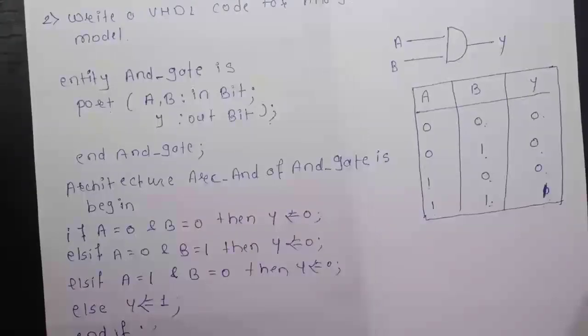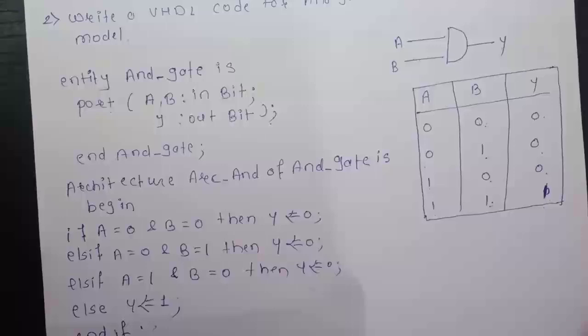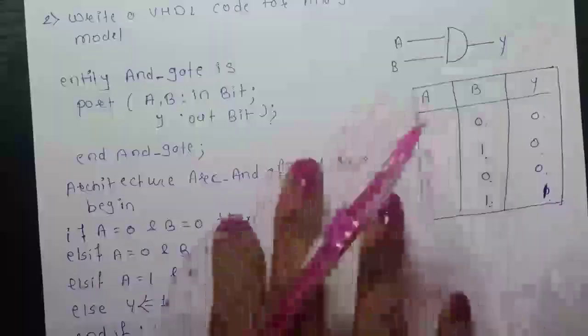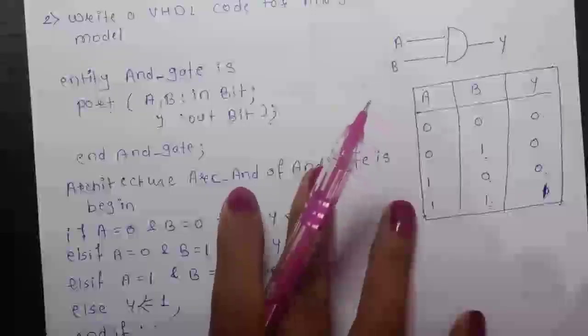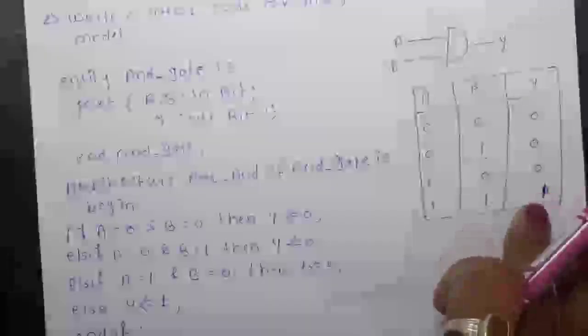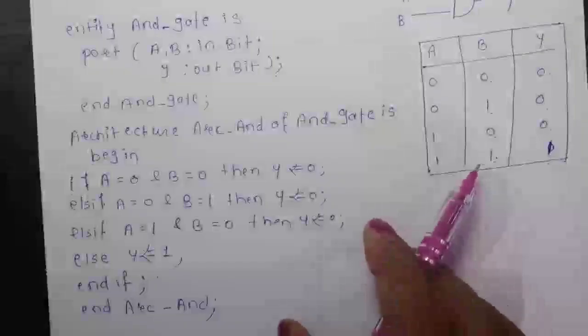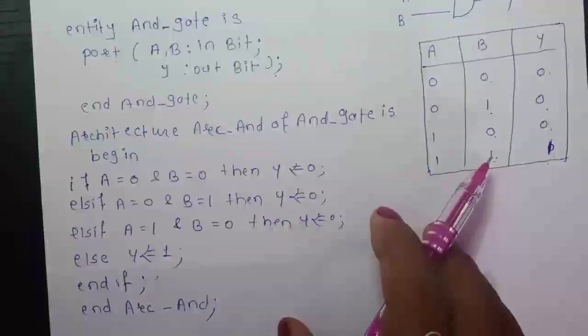and end architecture. The name of my architecture is architecture and. This is how the behavioral style of modeling works. So this is the VHDL coding for the behavioral style of modeling, which completely depends on the truth table of your logic circuit. In the next lecture, we will see some more examples on these three styles of modeling.